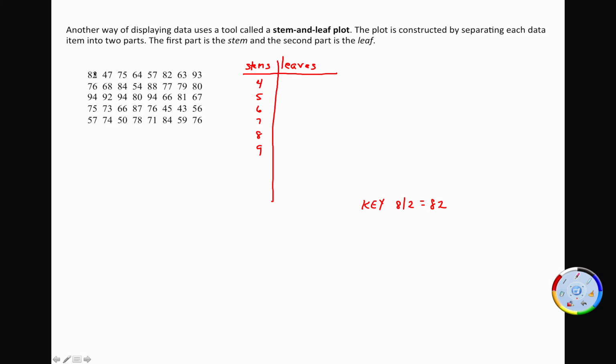And it's really easy. I'm just going to go through the data. 82 will look like this. 47, 75, 64, 57, 82, 63, 93, 76, 68, 84, 54, 88, 77, 79, 80,